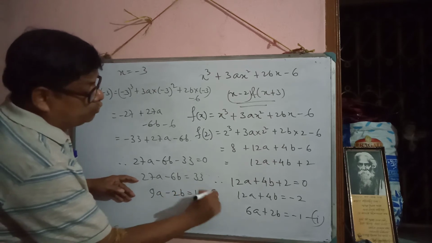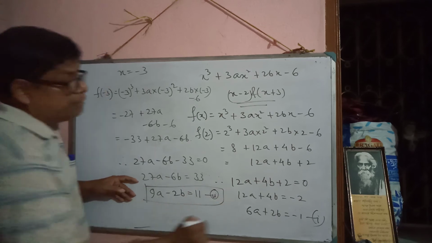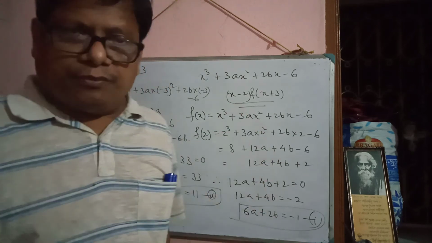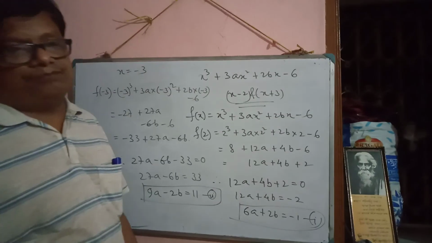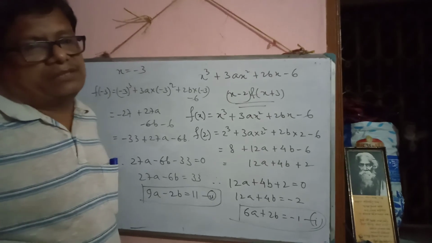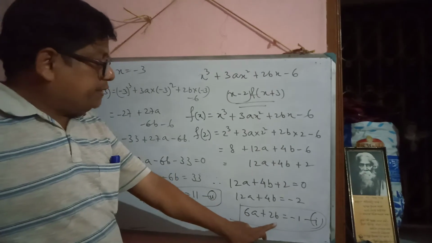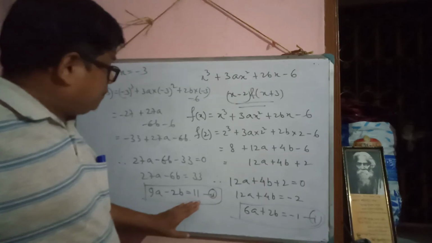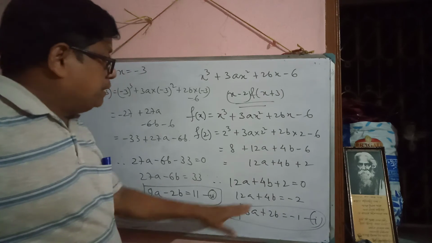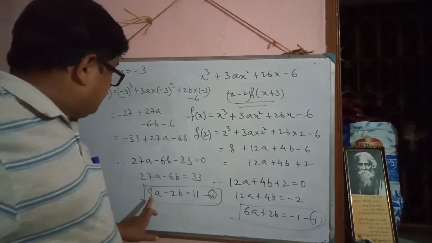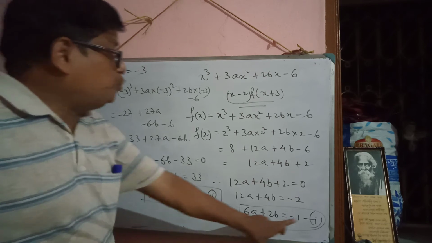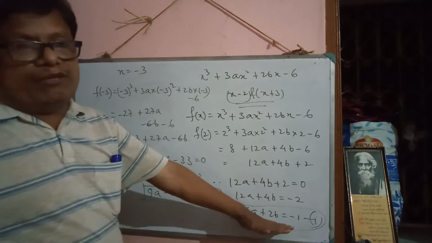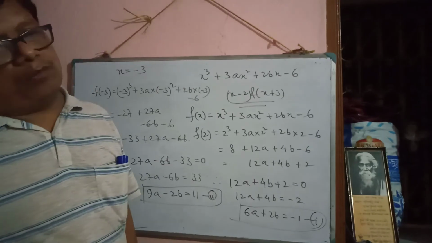This is equation 2. All of you know simultaneous equations; these two equations, number 1 and number 2, you have to solve to find the values of a and b. Solve it by yourself. Very easy: 6a plus 2b equal to minus 1 and 9a minus 2b minus 11 equal to 0. We add so that 2b cancels: 9 plus 6, 15a equal to 10. Then you will get the value of a. Simultaneous linear equations are coming, and all of you know how to solve them.